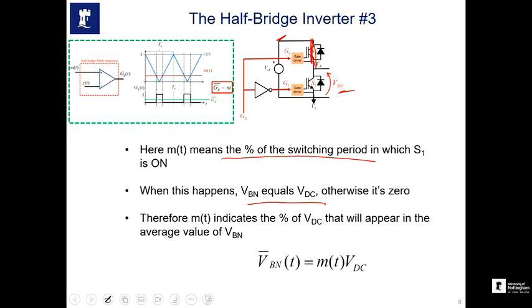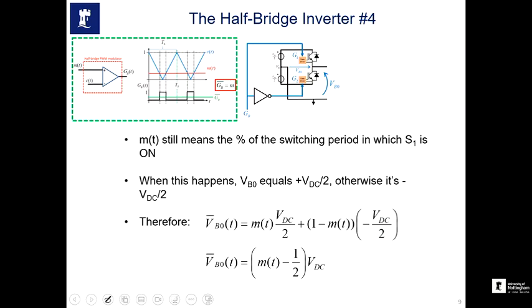When S1 is on, the output is VDC. When S1 is off, its output is 0. So that's why we got this equation, the VBN average equal to M times MT times VDC, which we have derived in the past. Now, in this case, MT still means the percentage of switching period when S1 is on,